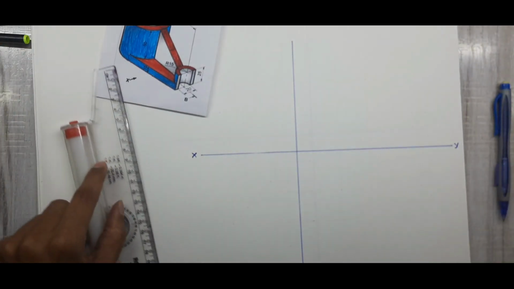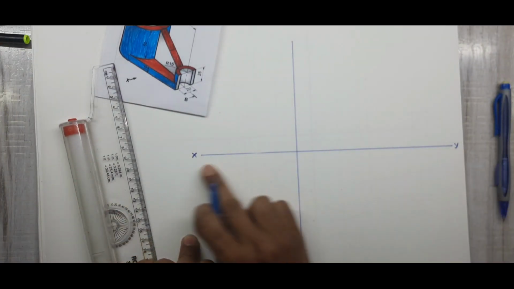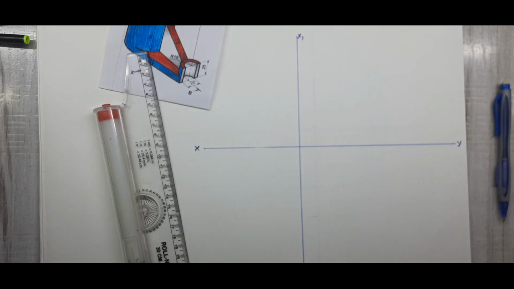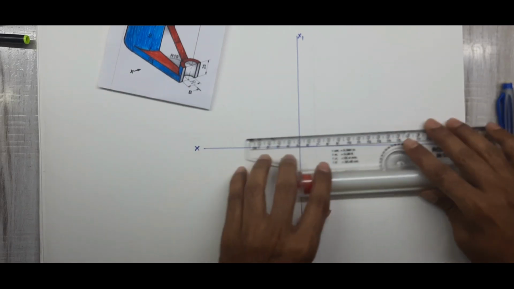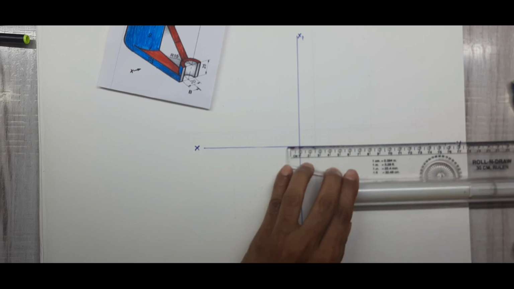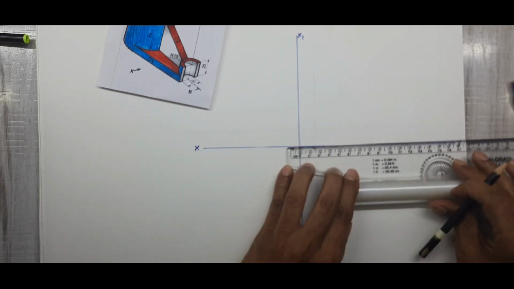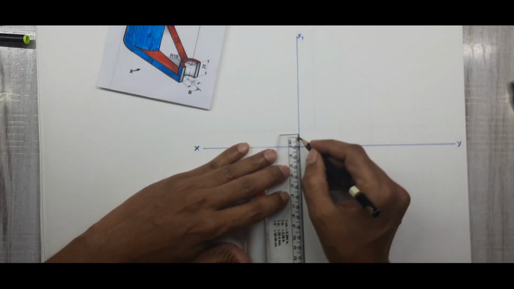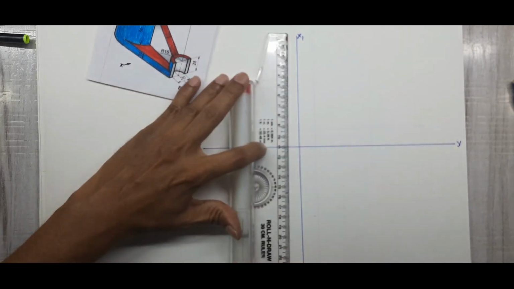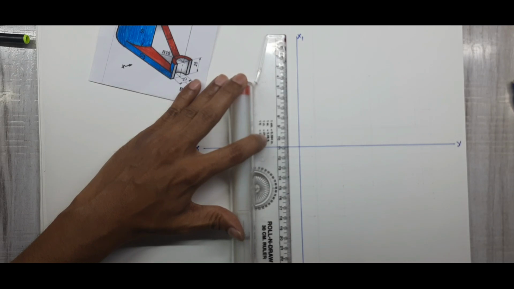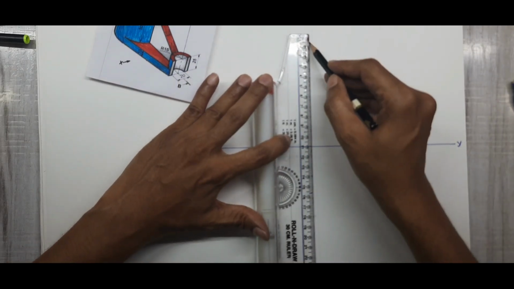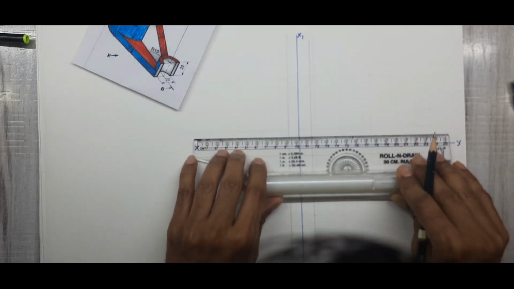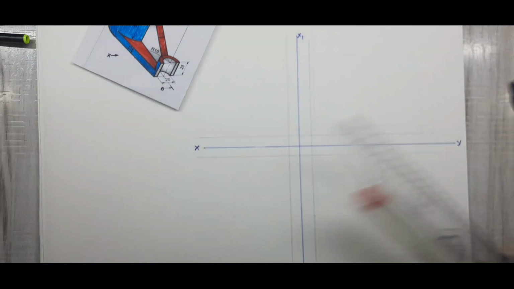First I have to draw the reference line. So I have already drawn the reference line xy. This is x1 y1. Then take a distance of 10 mm with reference to this, and mark a line. I'll just mark a 10. Here also mark 10. And draw the lines. This is the first basic step.